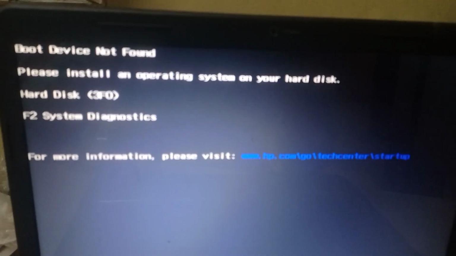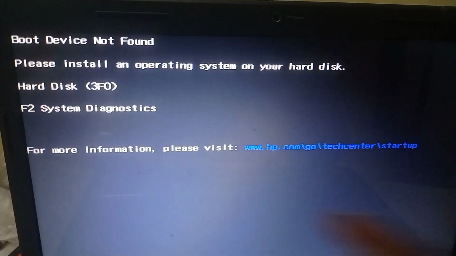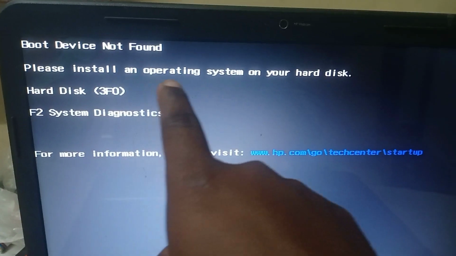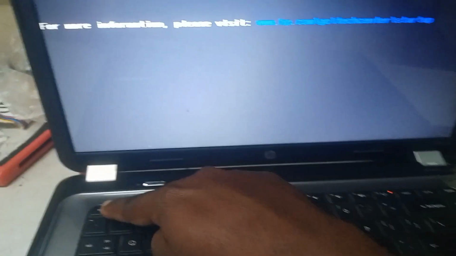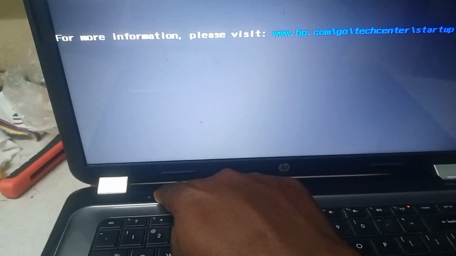Today we are seeing how to solve a bootable issue for an HP laptop. Boot device not found. Hard disk 3F0 error. F2 system diagnosis. Please install an operating system on your hard drive. I have already installed a hard disk,